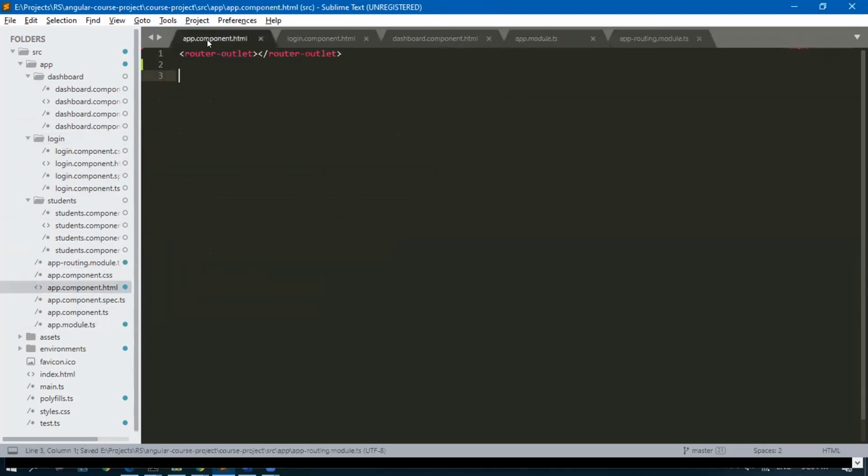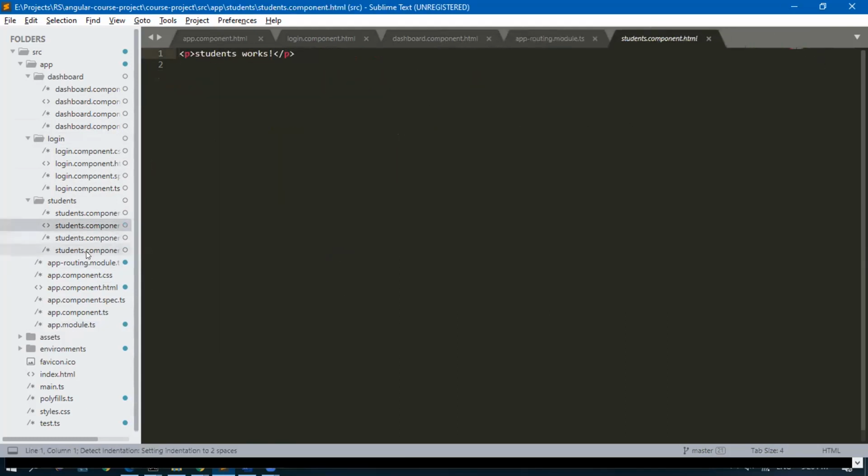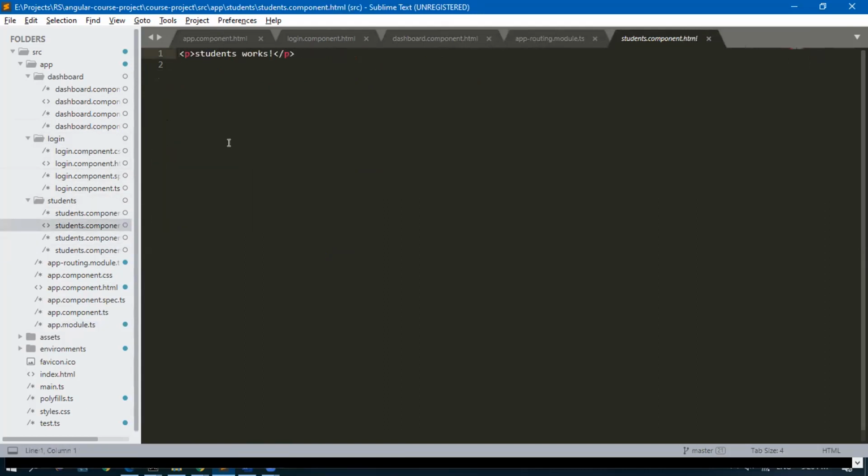The students component means student component.html, right? Student component means both TS plus HTML. The TS logic will be done and then the HTML will be loaded.